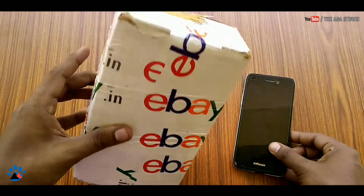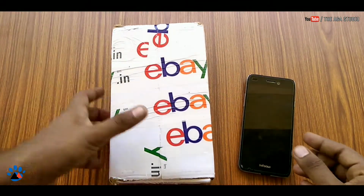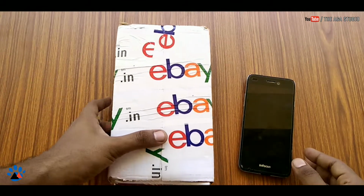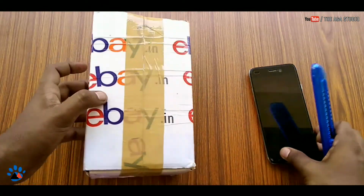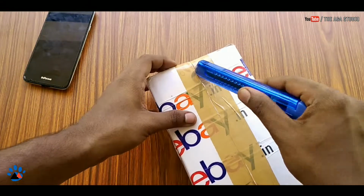And this one I got for 2000 rupees, and I used a code to reduce the price, so it was actually 2200 rupees, I think, and I got it for 2000 rupees. And now let me just unbox this one and check whether the display is there or not. Okay,